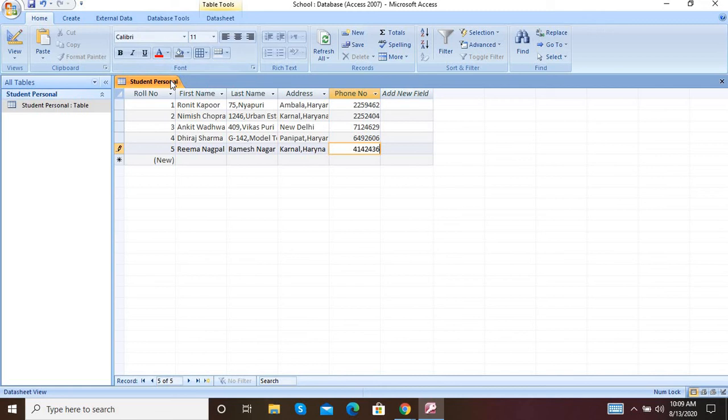Now go to the student personal table, click on save, and the data will be saved.